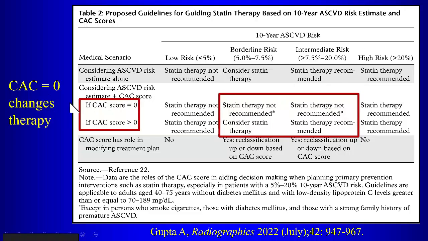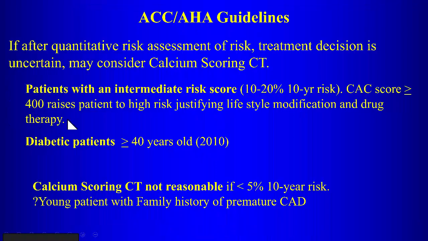So these are the patients that might benefit from coronary calcium scoring. If after assessment of risk the treatment is still uncertain, you can consider a calcium score. So patients with an intermediate risk, if their calcium score is high, they're high risk now. They jump from intermediate to high risk. Diabetic patients also may benefit from coronary calcium scoring because they develop calcium at an earlier age. Calcium score is probably not reasonable if the 10-year risk is less than 10%, so that's the low risk group. But if you're in the intermediate risk group, the calcium score does change management,